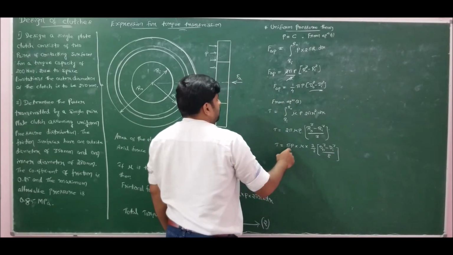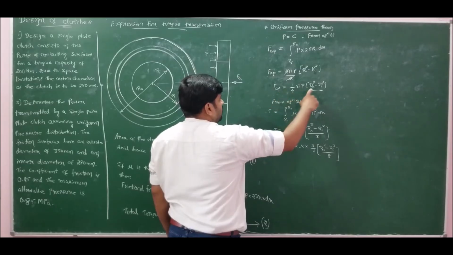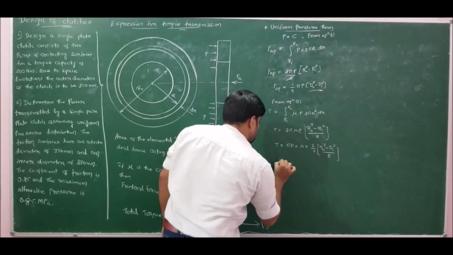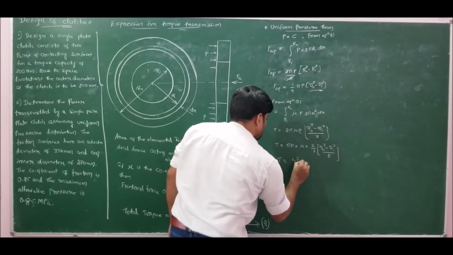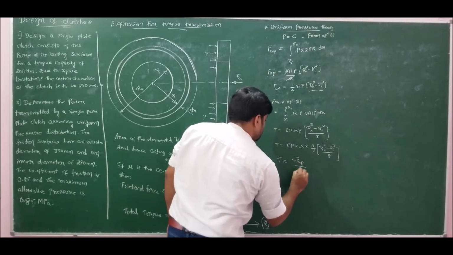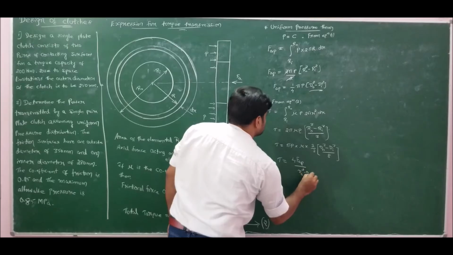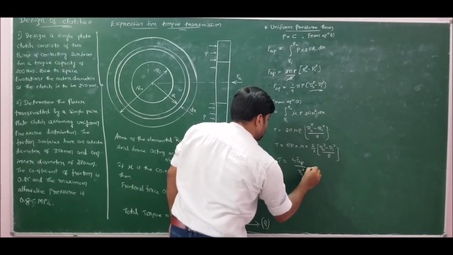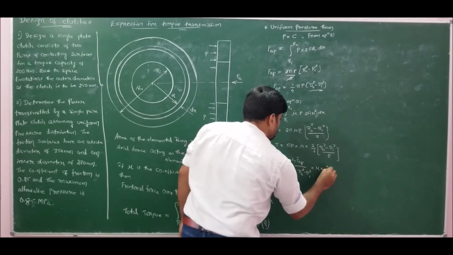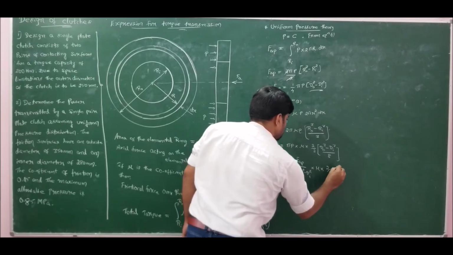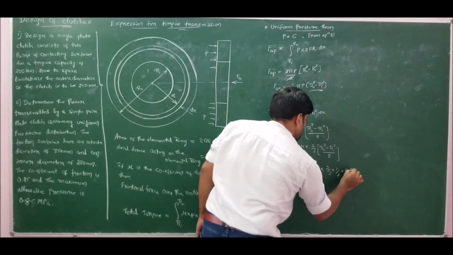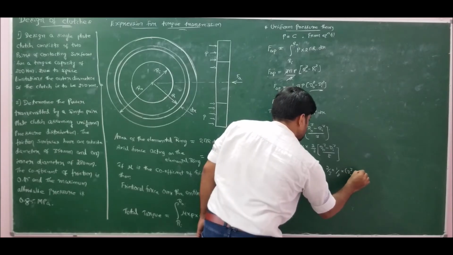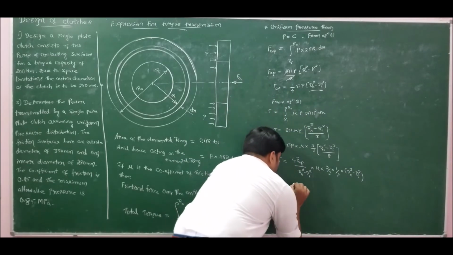Now pi p can be written as 4 FAP by d naught square minus di square. So therefore T is 4 FAP by d naught square minus di square into mu into 2 by 3 into 1 by 8 into d naught cube minus di cube,